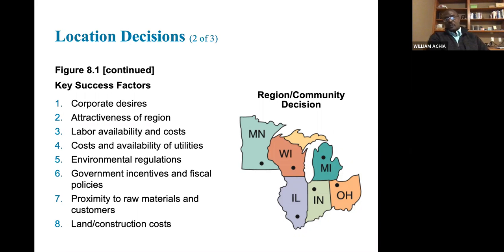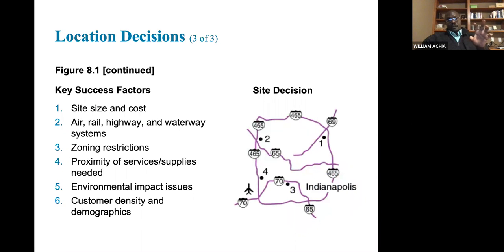from a specific location? And finally, once we've committed to that region, then it becomes a question of, within this region, where should we set our operations? Okay. So this is the most localized level of decision making. Basically it looks at what's the cost of land, how much land do we need, and how close is that piece of land or that real estate going to be compared to where our employees or potential employees are going to be, where our market's going to be. What about the infrastructure? Do we have the infrastructure necessary to be able to get our products in and to get our products out to our customers? Okay,